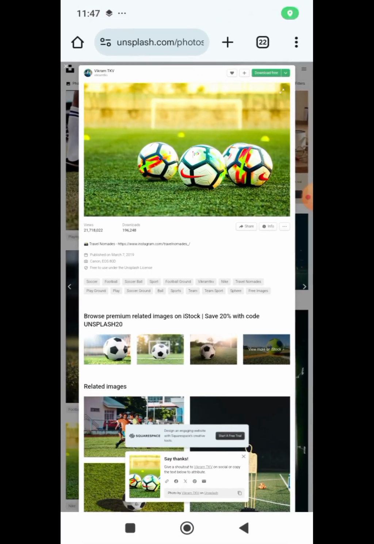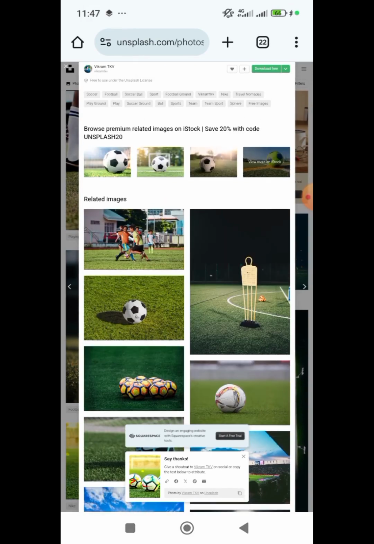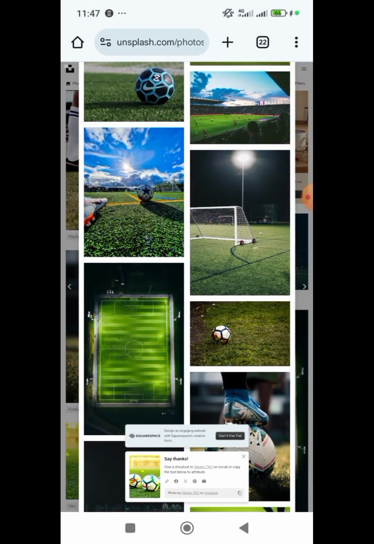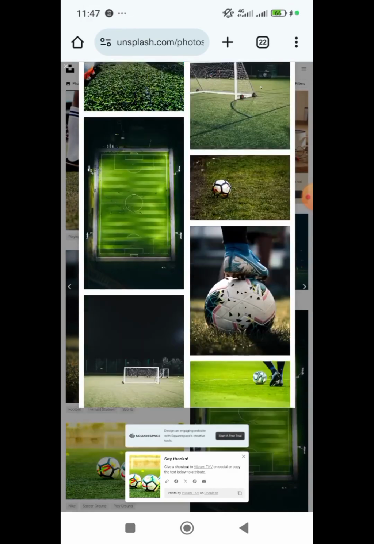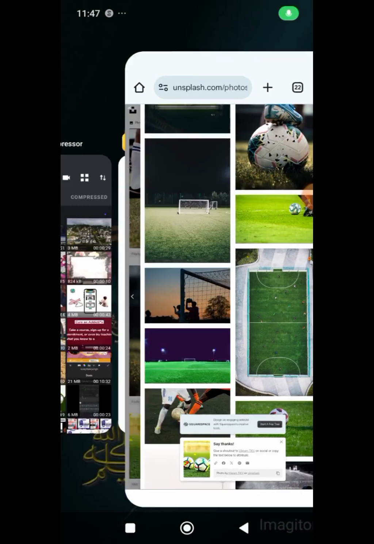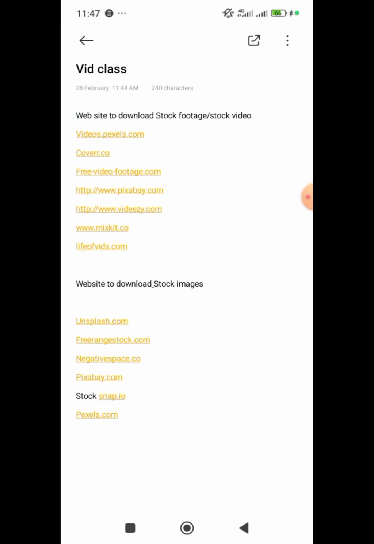Another site that we'll be using is Pixabay. You can use pixels.com, you can use Pixabay, and many other sites. You can use Unsplash, Fingerstock, Negative Space, Pixabay, Stock Snap, and many others to download your stock images. So we will stop here and we'll continue in our next class. We will discuss